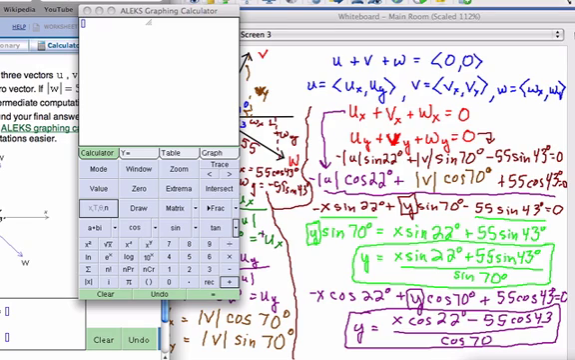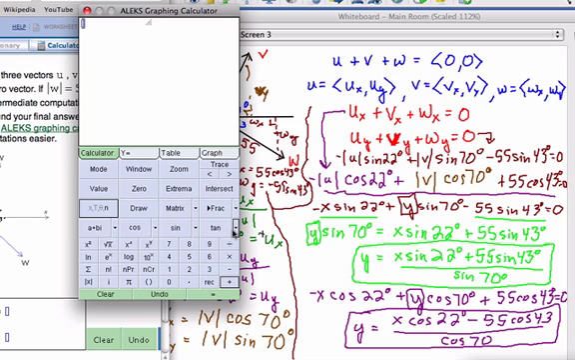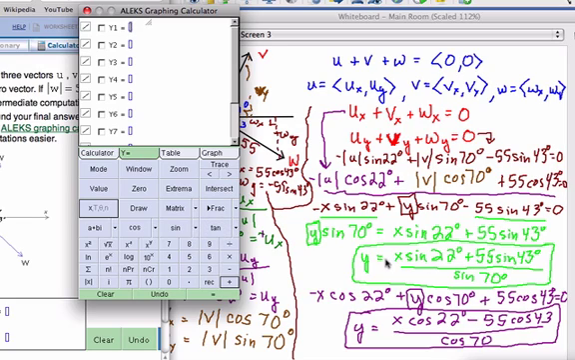When you're finding the magnitude in a 3-vector problem and you're using the graphing calculator in Aleks, the first thing you want to do is click on the mode and make sure that the angle type says degrees. Click OK, and then you're going to click the y equals. You're going to go ahead and add these two equations that we have